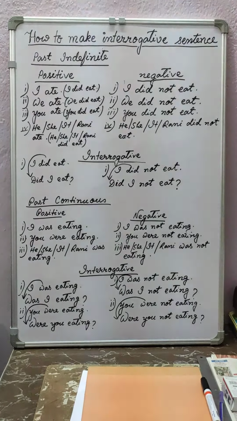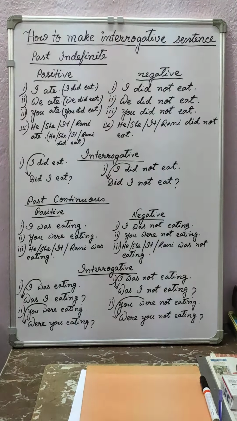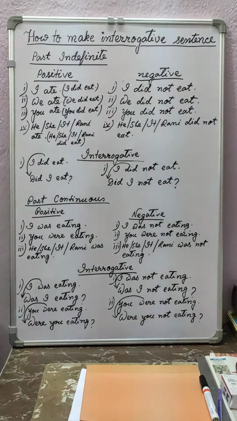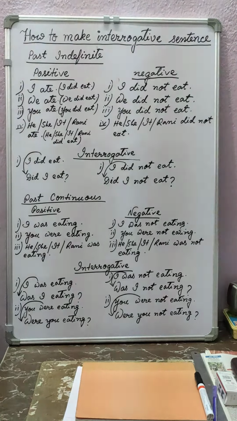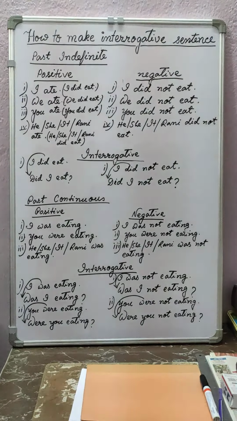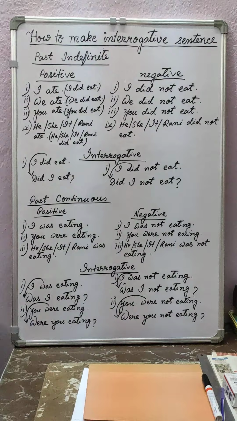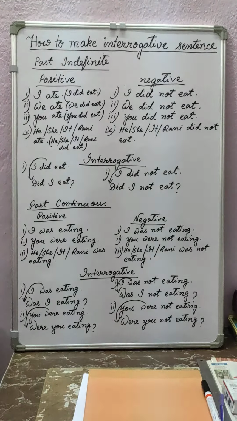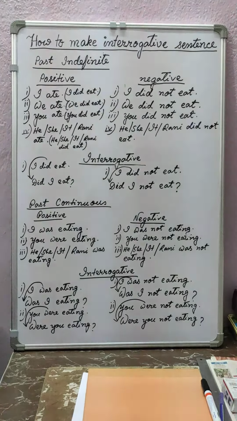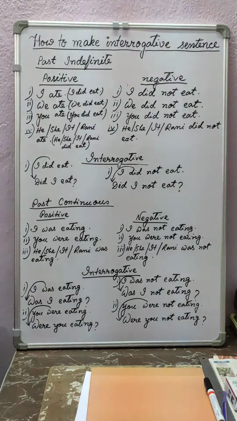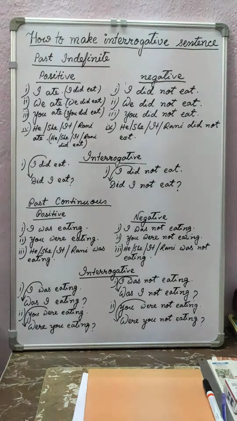So what is the rule to make the interrogative sentence? The first auxiliary, or the first verb which is there just after the subject, will come and sit in front of the subject, and all the other words will be there as usual. Nothing will be changed. This way you can try every sentence that I have given you previously, and your interrogative sentence will be prepared.